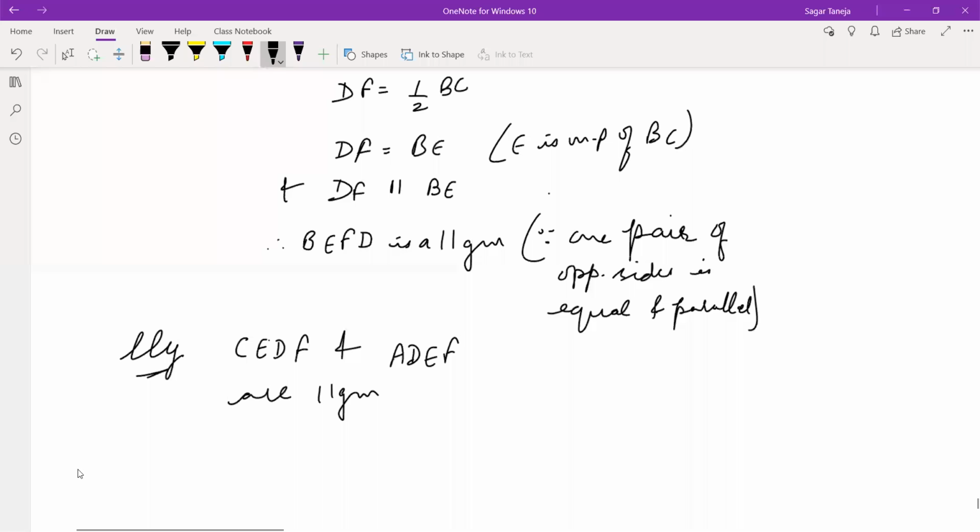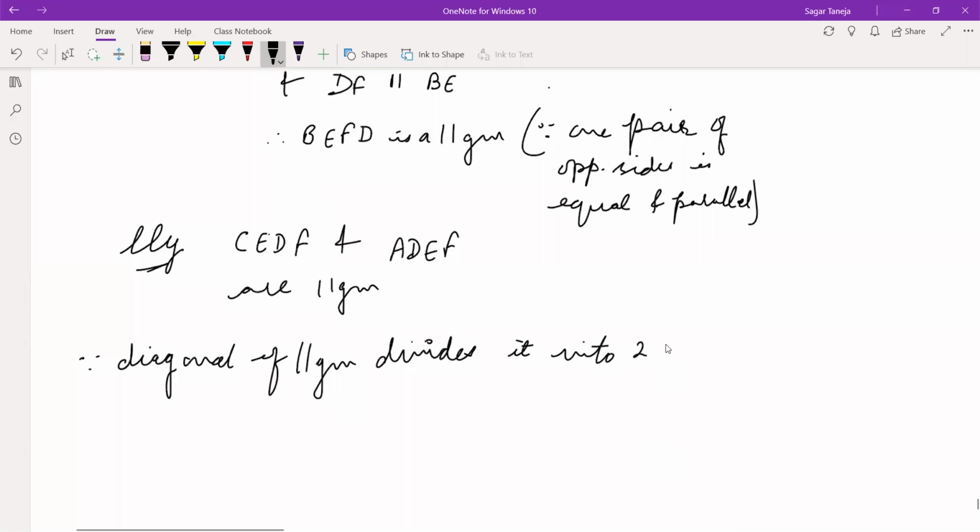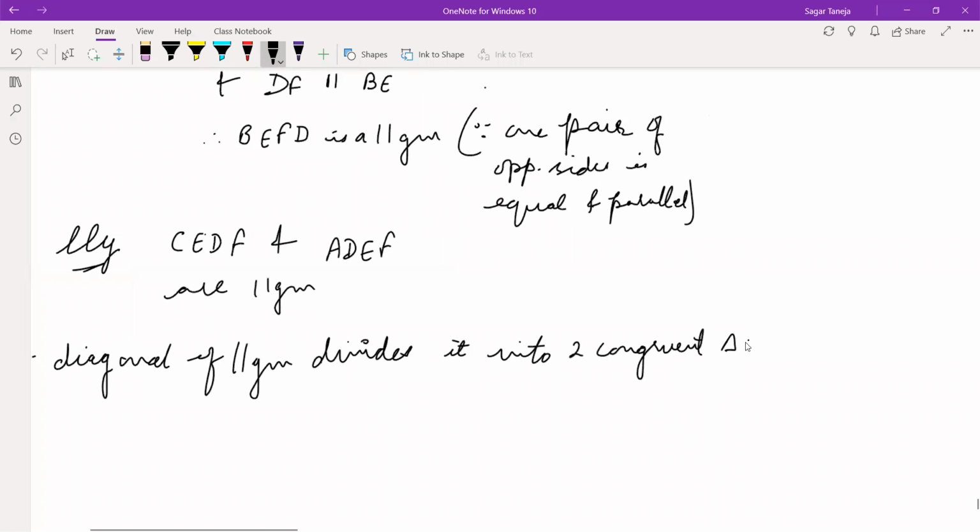Fine. Now write: there is a theorem. The diagonal of a parallelogram divides it into two congruent triangles. Always, a diagonal of a parallelogram divides the parallelogram into two triangles which will be congruent to each other. Therefore,